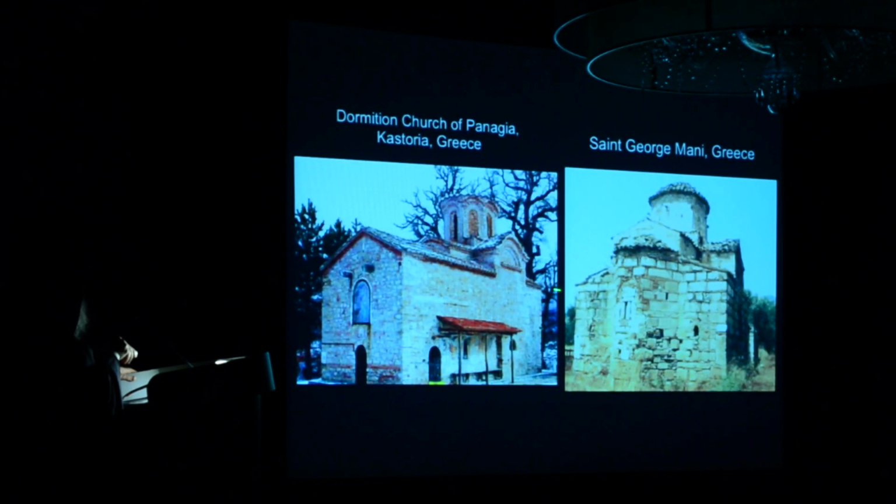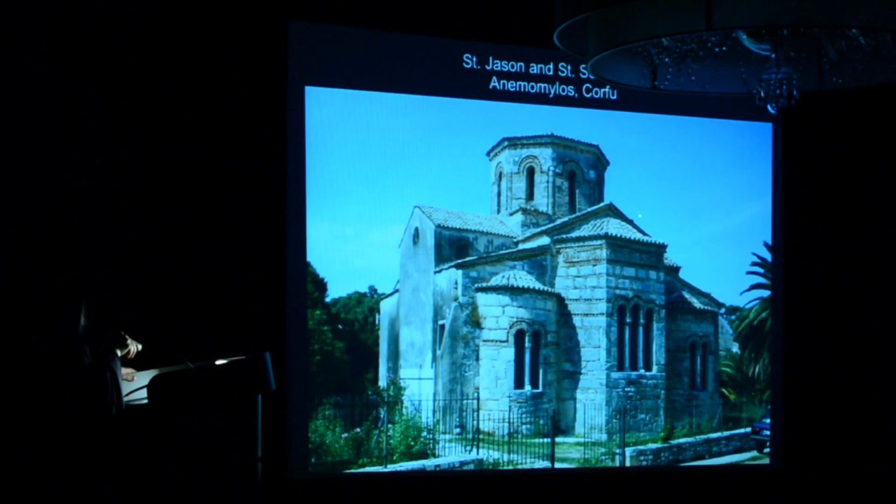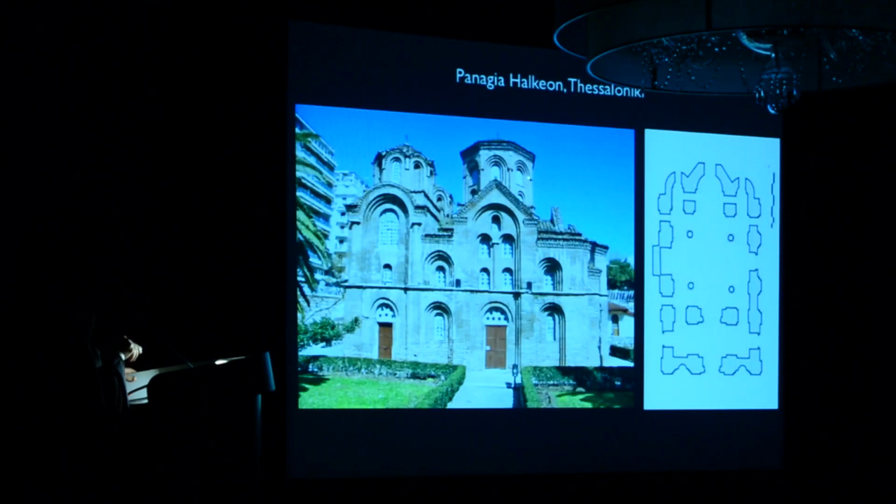Other specimens, this is from Kastoria, and you can see again the cross-like element with a little bit of a dome there, and this reminds of the old basilicas, but with the addition. That's another specimen again of the same kind of architecture. This is the site of the holy altar. You can see again.